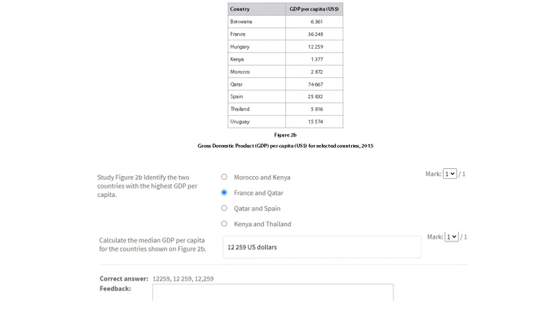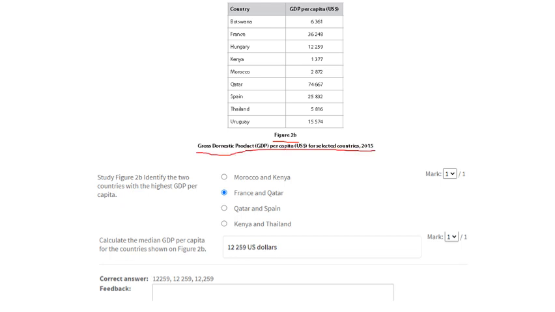Now, you will find that on the GCSE exam papers, between 10 and 20% of the answers are based on resources. They've actually given you the answers there. It's just your job to read the information carefully. So here, the question is study figure 2b, so make sure you're looking at figure 2b. Read the title of it. What is it showing you?